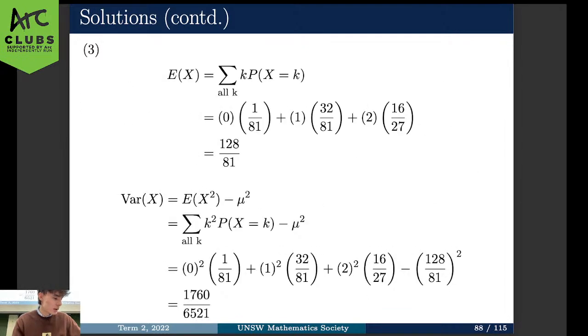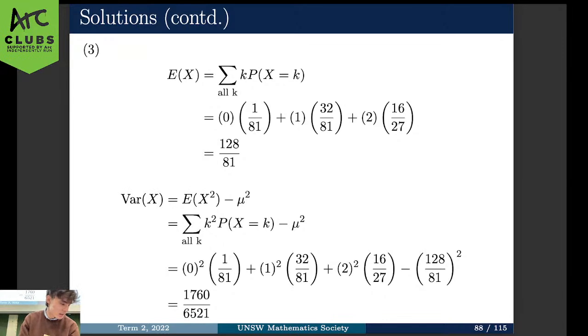Remember our shorthand expression for the variance, that was E of x squared minus mu squared. Finding the E of x squared, you remember you sum k squared multiplied by the probability of x equaling k. Expanding that sum and subtracting away the square of the mean, which we found in the previous part, we should get